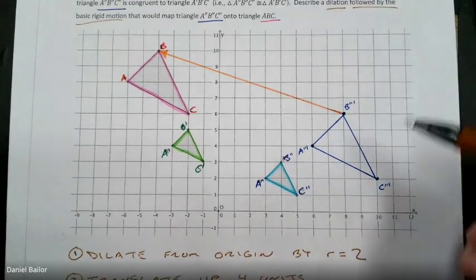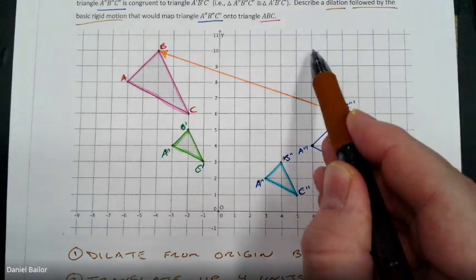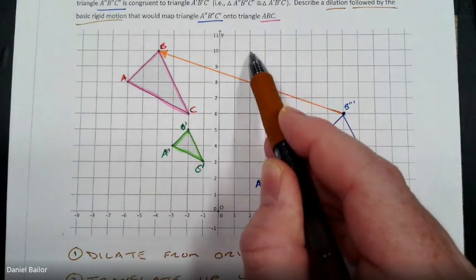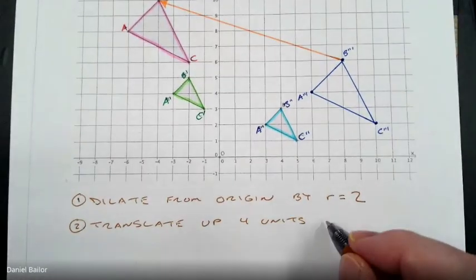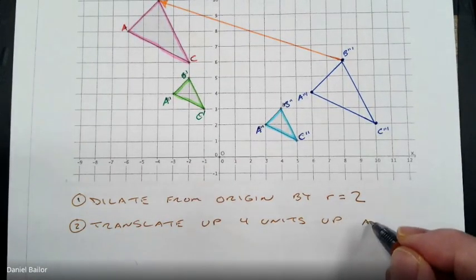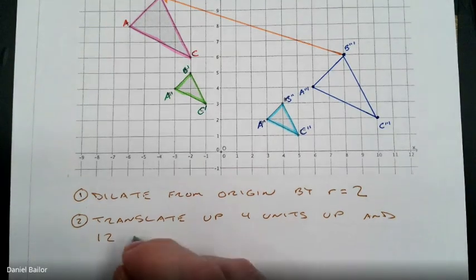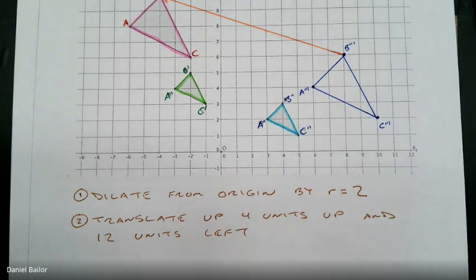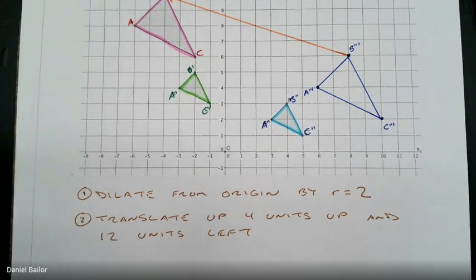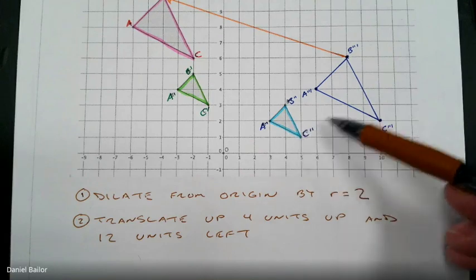And then it's moving left. So how many left does it move? It moves 1, 2, 3, 4, 5, 6, 7, 8, 9, 10, 11, 12. 4 units up and 12 units left. And if we follow those directions, if we dilate the blue from the origin by r equals 2,